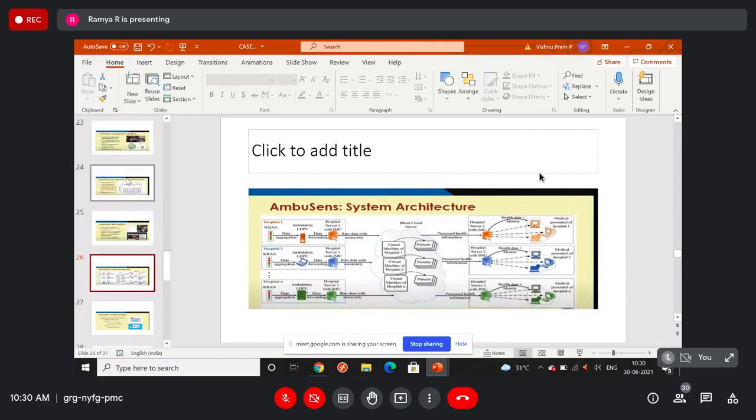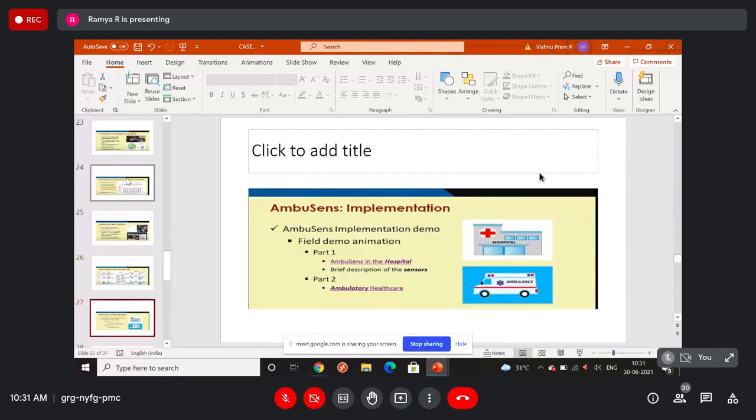This system is connected with different wireless body area networks. So the data can be stored in the cloud. The data from different hospitals is going to be stored, and the data can be accessed by using this web interface. So multiple hospitals' patient data is going to be stored in this cloud. On the different virtual machines, a different virtual machine is created for each hospital, and the different hospital data is going to be stored in this particular architecture.